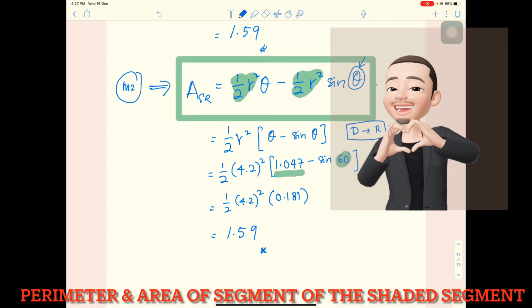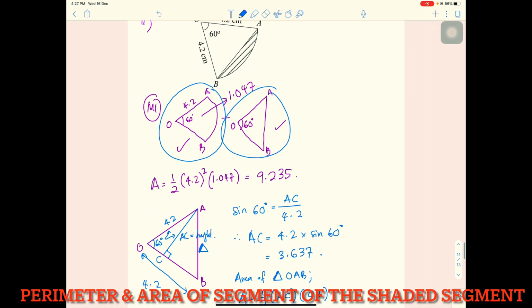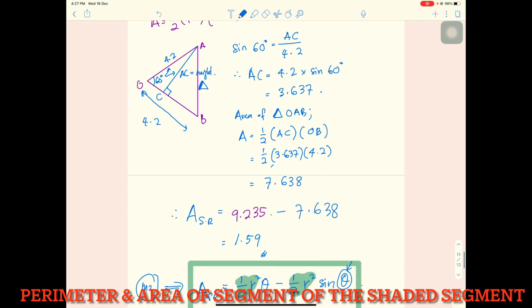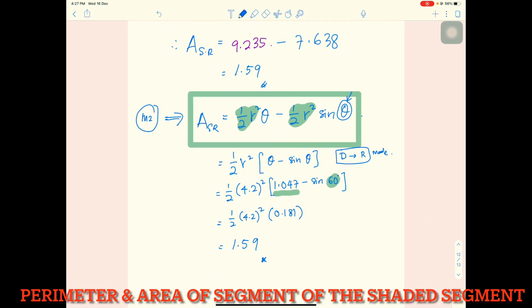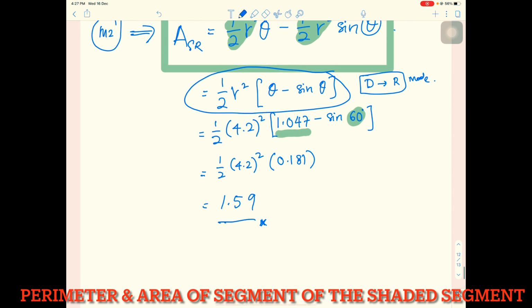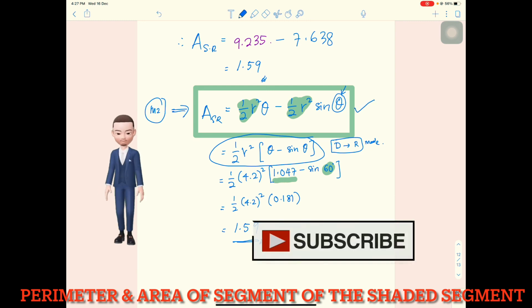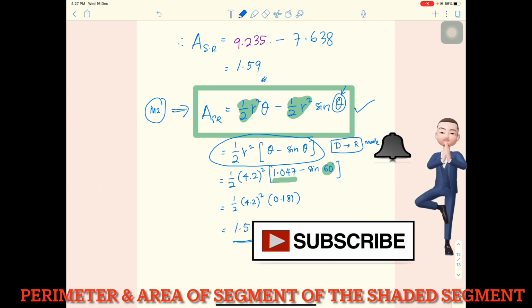Units squared. So for area, there are two methods you can use: one by one like this, and the second is to memorize this formula, substitute the values, and then you can straight away get the answer. I hope you can understand, and you can memorize this type of formula because it's not given in the exam.